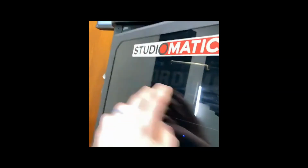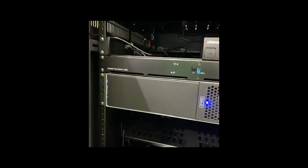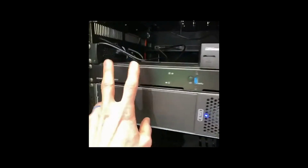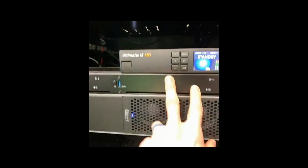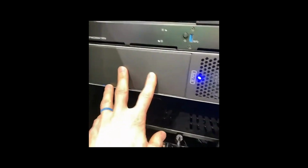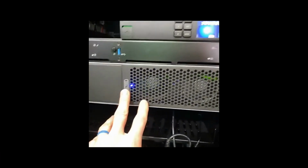You can actually see the recording light, which is not on right now, but it's back here, and it lights up red, so you can actually see it through the front of the cabinet when the recording is happening. We've got our Ultimatte here. We're making some good use of some Sonnet gear in here. We've got a Rack Mac Mini holding our presentation Mac and our recording Mac side by side. We've got this Sonnet chassis holding an Echo 3 so that we have our